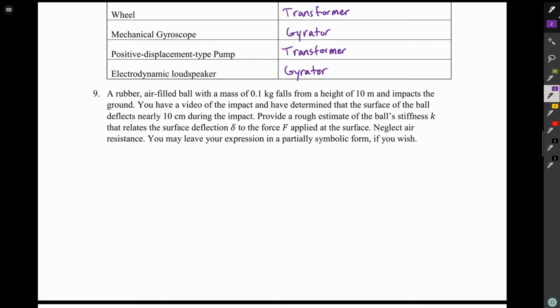Now this last problem is a bit more complex than the first 8 problems in this concept section of the exam. The prompt is that we have a rubber air-filled ball. It weighs 0.1 kilograms, and it's going to fall from a height of 10 meters. So it starts out with no velocity,